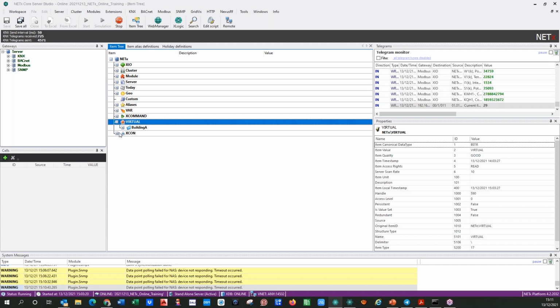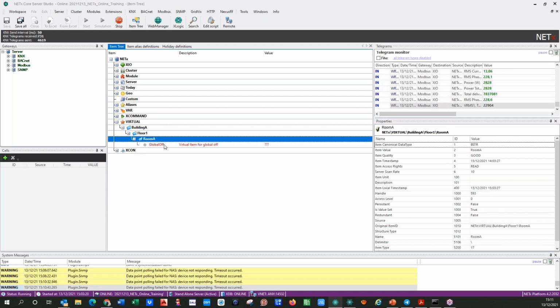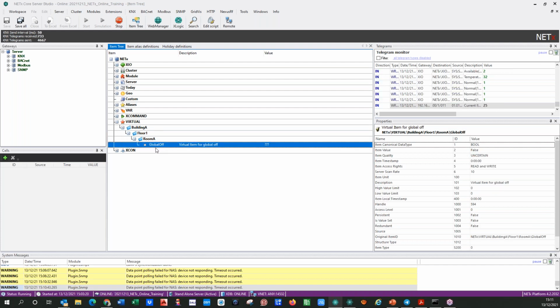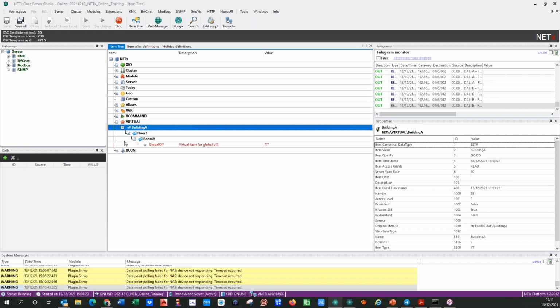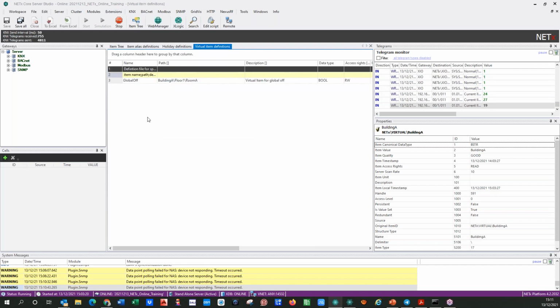The virtual is very important also. We will use it, for example, to create our own property management system, for example, a BMS for a hotel. Virtual is, imagine that we have a virtual item definition here. This is an example that I can delete. But if you want, the sample I told you,